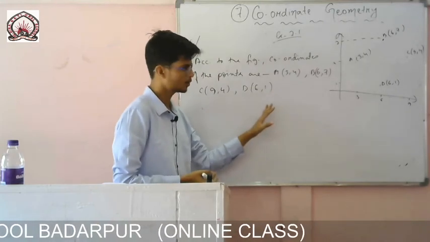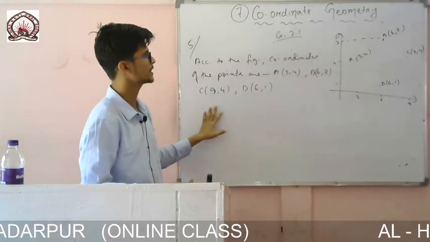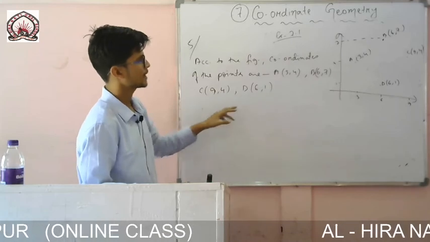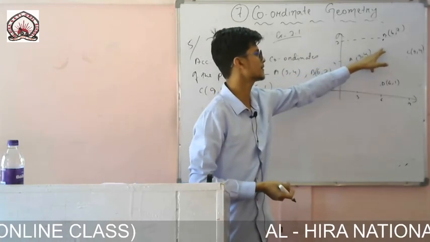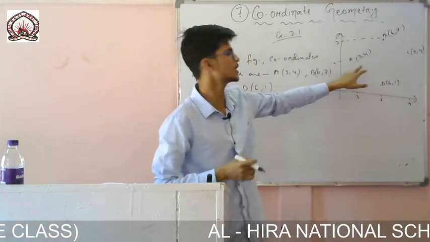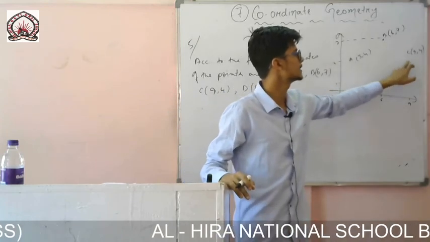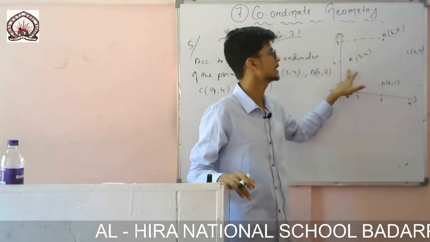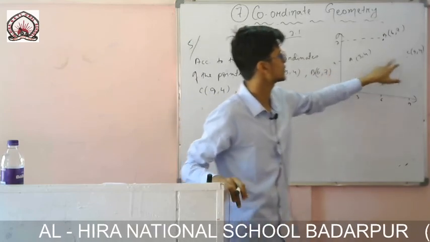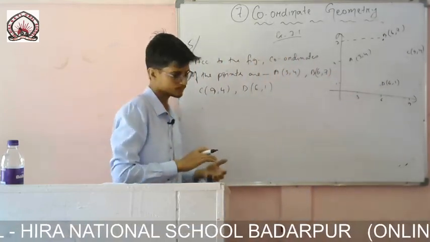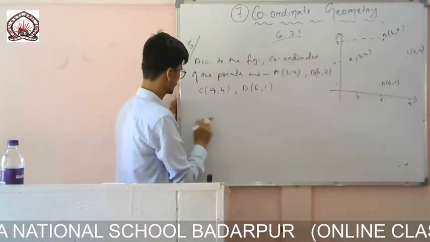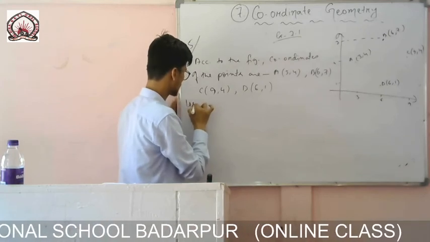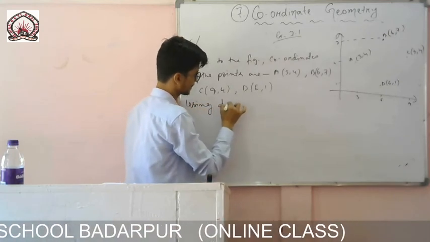Now we will use the distance formula and find the distance between each of them. First of all, I will find AB. As I have said earlier, I have to check whether these four sides are equal or not. So first I will find AB, then BC, then CD, then DA, and at last I will find the two diagonals also. Using the distance formula,